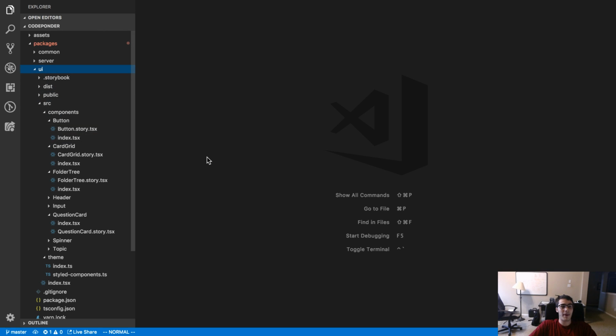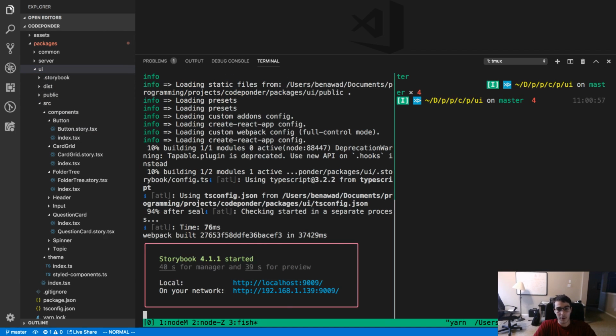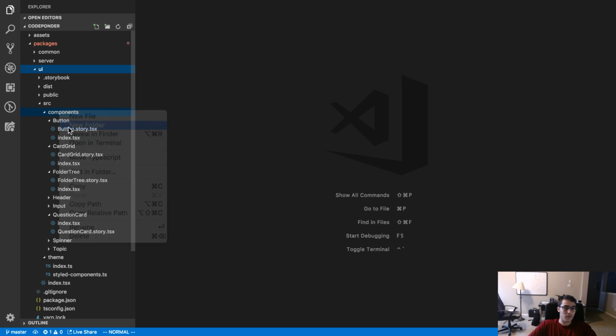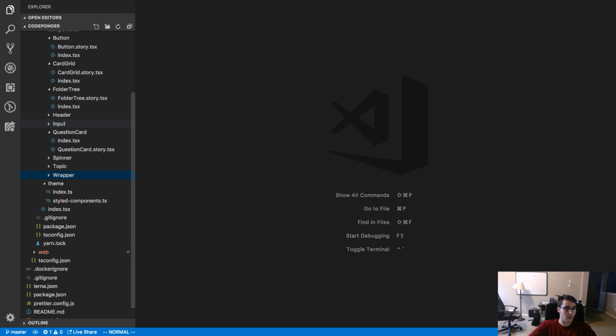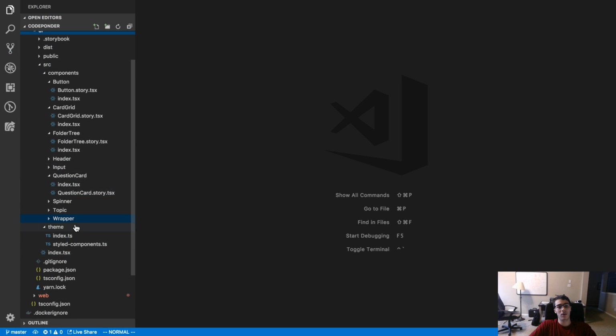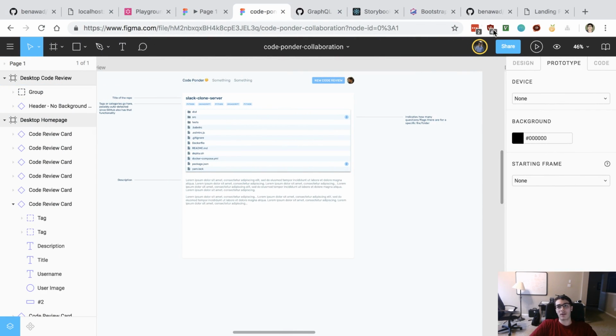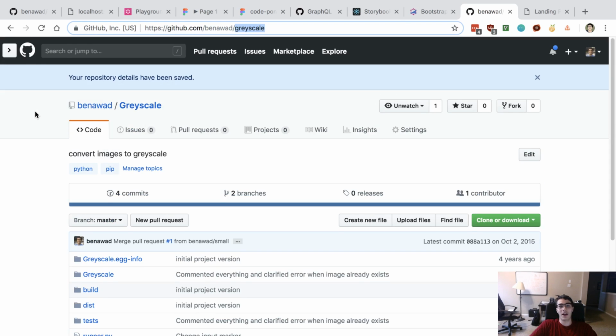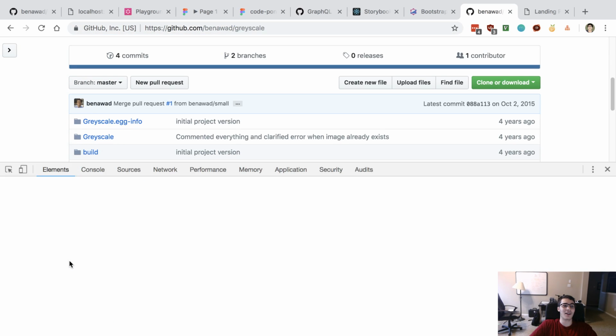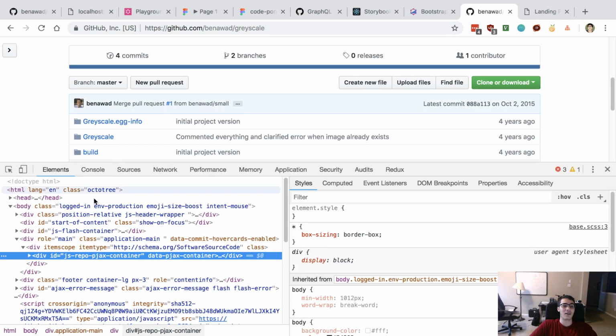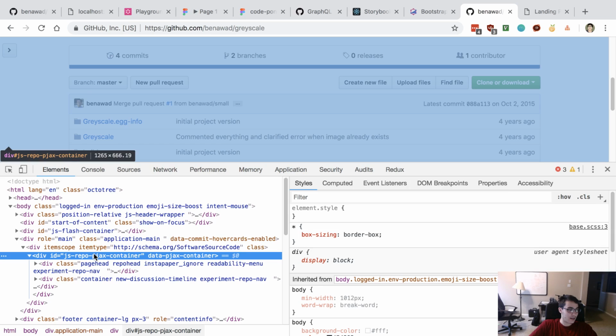So let's go over to our UI package. Do I have Storybook started up? I do. Cool. I'm going to create a new wrapper. 960 is small. If you expect developers with larger resolutions to use your site, you can make it bigger. What does GitHub use? Because they're targeting developers too. Now my resolution is all wonky, so this might be a bad guess. You personally use 1200.